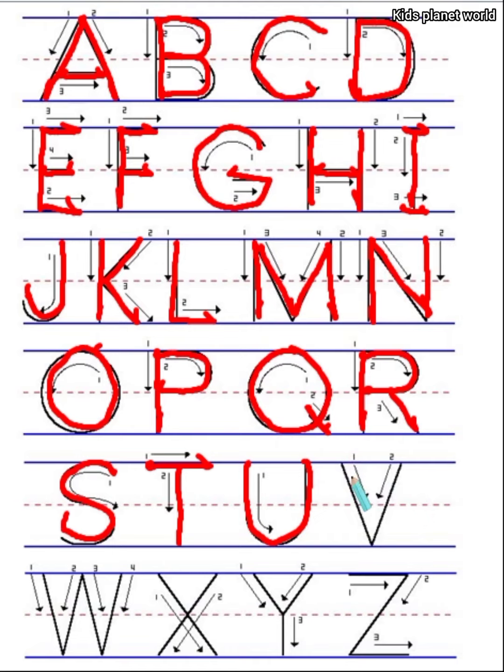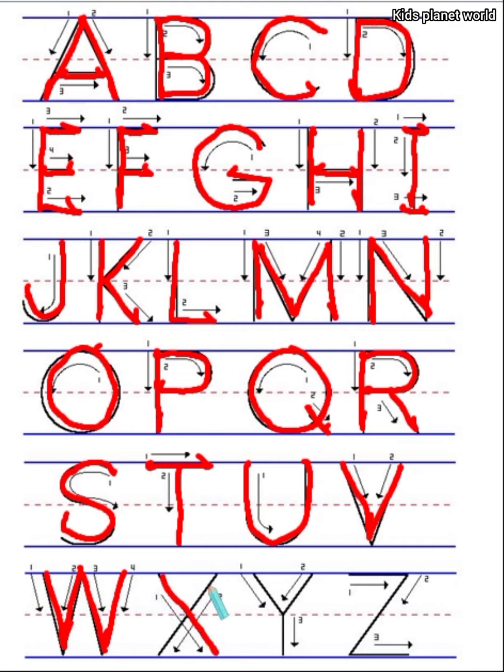For V, make two slanting lines, one this and another this. For W, you have to make only slanting lines, 1, 2, 3, 4. For X, again you have to make slanting line,